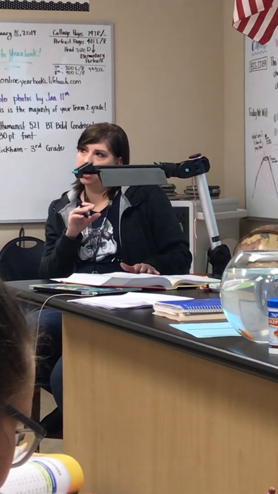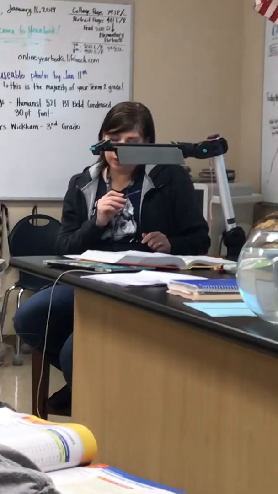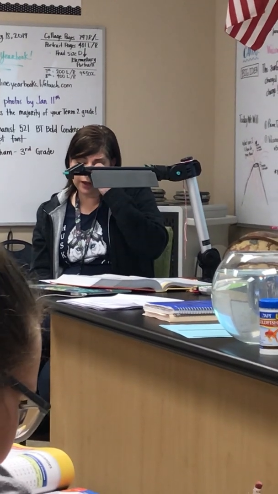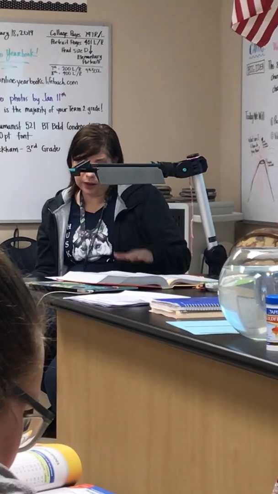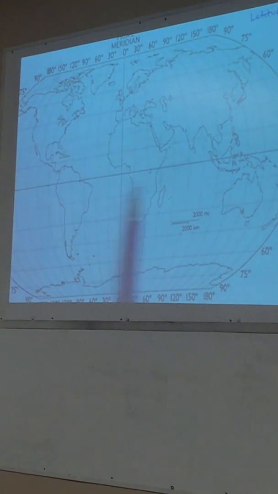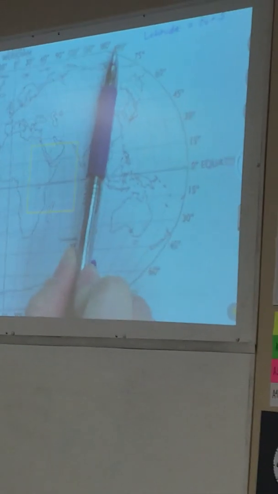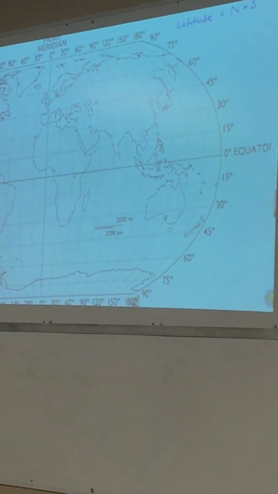So remember Jake was telling us, you could remember it by longitude is like long lines. So the long lines go east and west, and the latitude lines go north and south, okay? So on your map, here's north and south, divided by the equator. Equator is 0 degrees, and then you go up to the north and down to the south. So these are